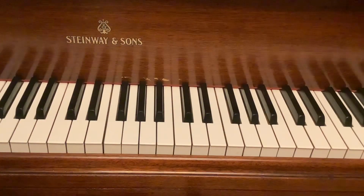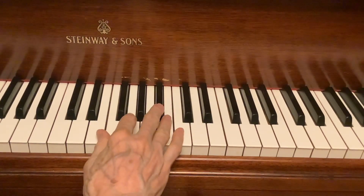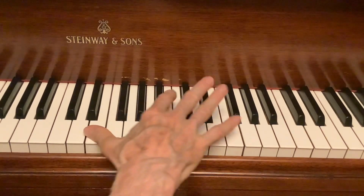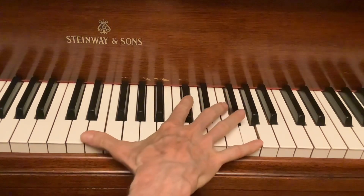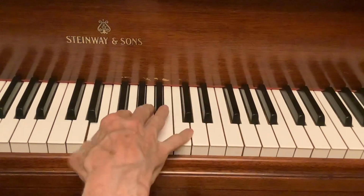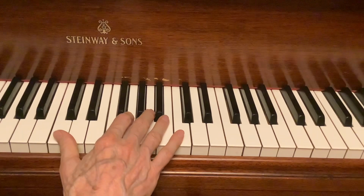Everybody, this is Rick Prokop, and today I'm going to show you our first extension exercise for the thumb and fifth finger. And it's not a huge extension or stretch or leap. It's going to be an interval of a sixth. And with my big hand, a sixth is nothing, but to someone who can barely stretch an octave, and I